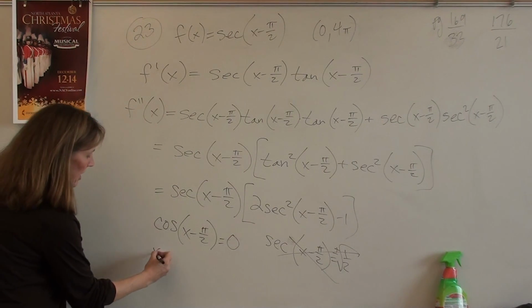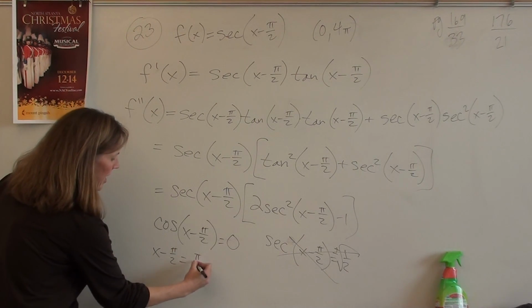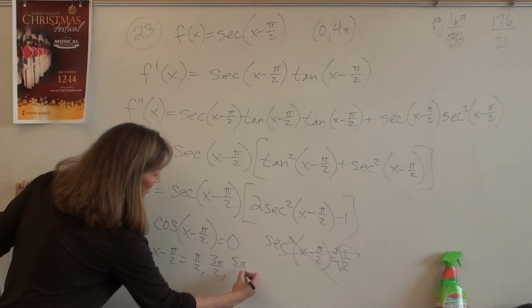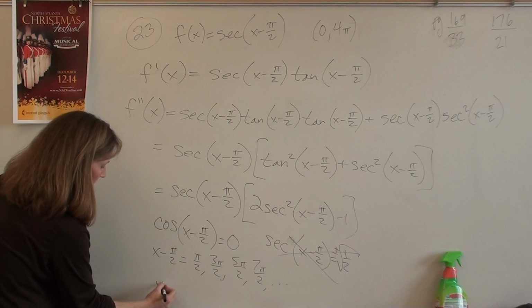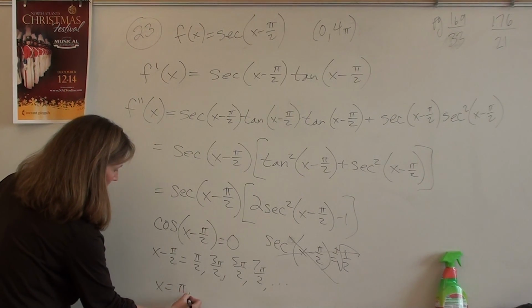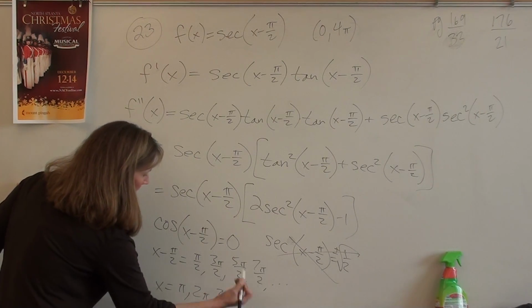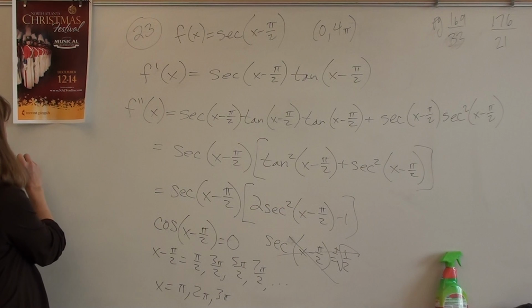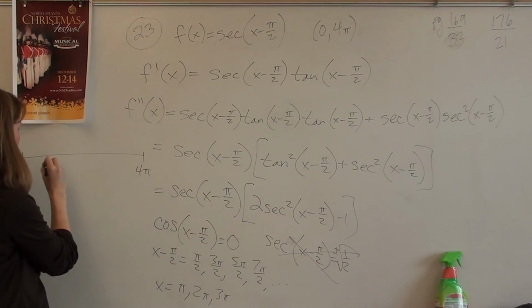So x minus pi halves equals pi halves, 3 pi halves, 5 pi halves, 7 pi halves, and so on. You add the pi halves and you get pi, 2 pi, 3 pi, and then 4 pi, which is the endpoint. If you make a sign line from 0 to 4 pi,